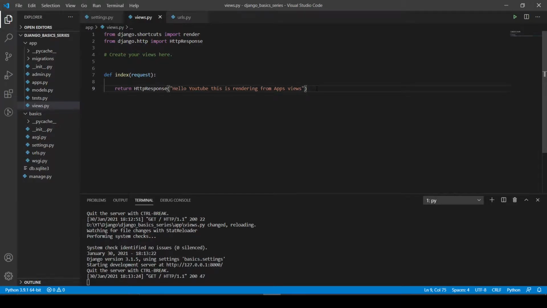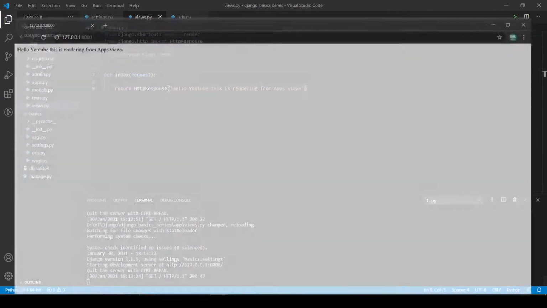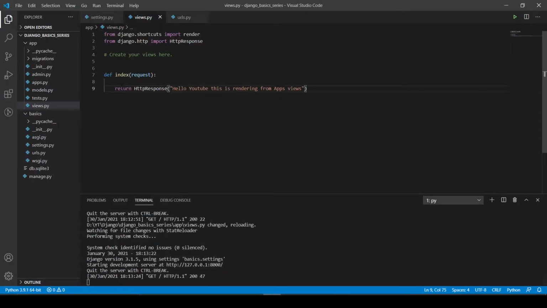Last video we saw how to create an application, or an app, in a project and how we can render something on the page of a project. Up to now we have done this. We will replace this views.py with other things in future. Before that, I will show you how this page looks for now.